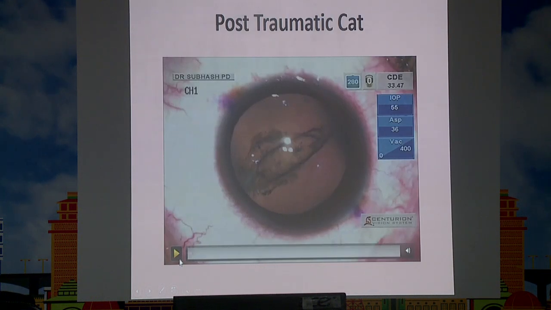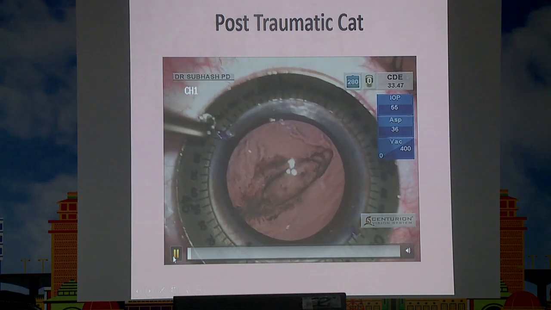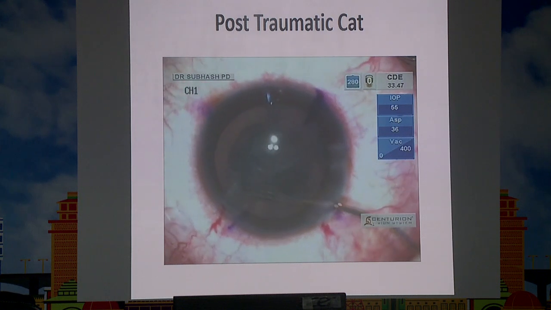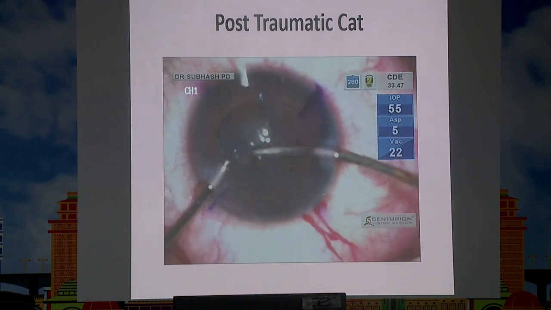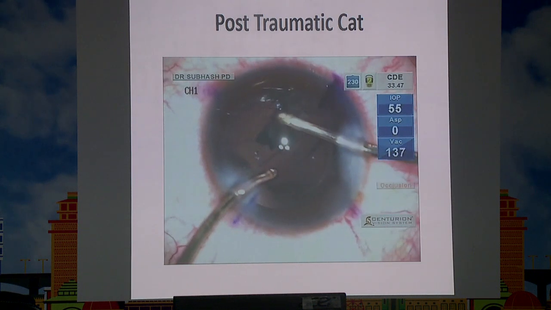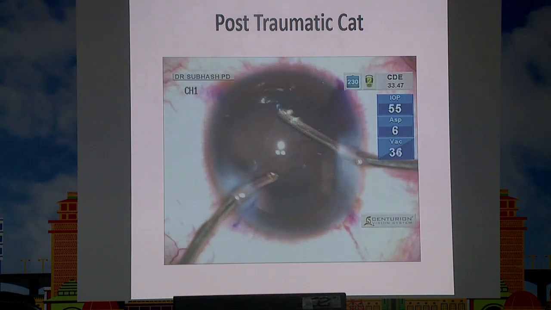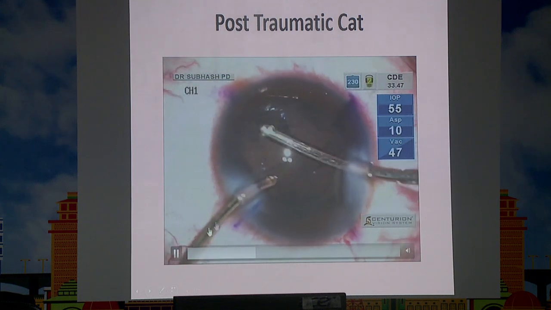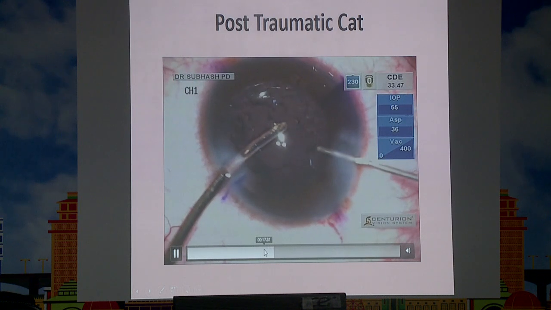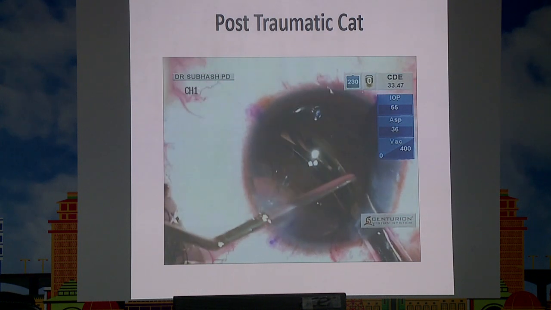This is another young patient who suffered an injury, and there was a significant amount of astigmatism, so I thought to put a toric lens here. Again, it was possible to take out the cataract with the manual technique, and you can see the big defect here. The only principle is that never allow the chamber to fluctuate too much, always keep the chamber